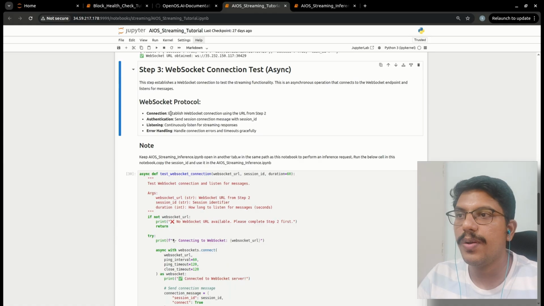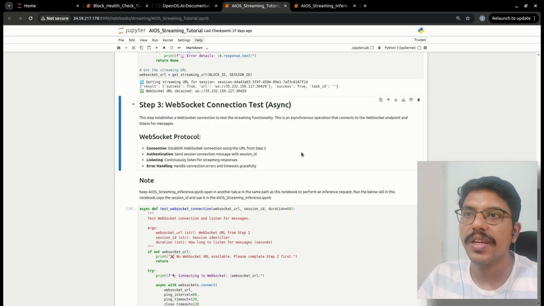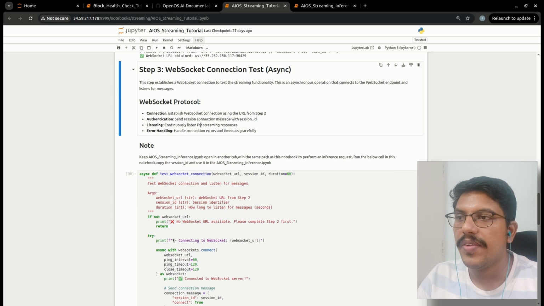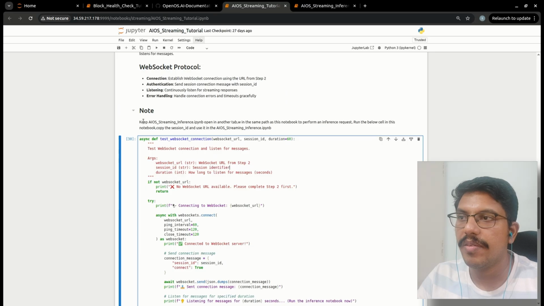We are establishing the connection with the WebSocket URL we got, using the session ID that was generated here. We'll use this to connect with the WebSocket, and we will continue to listen for streaming responses and handle errors, in general. But before I run this cell, please note that we need to keep the other notebook open,